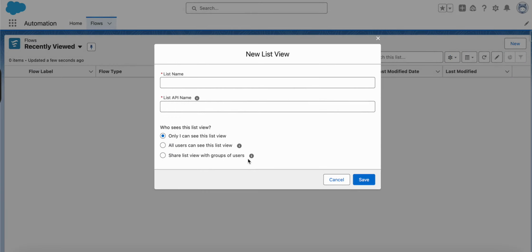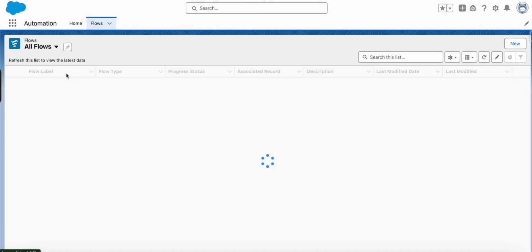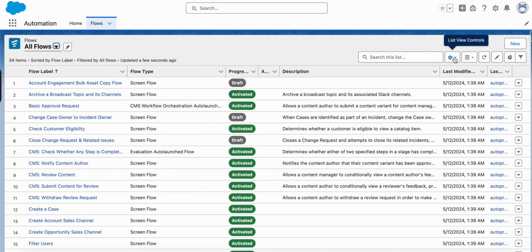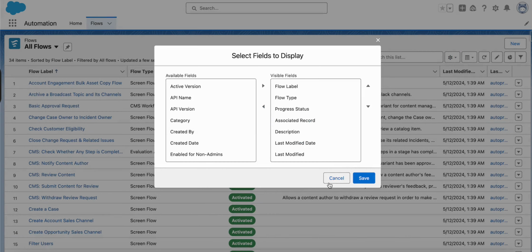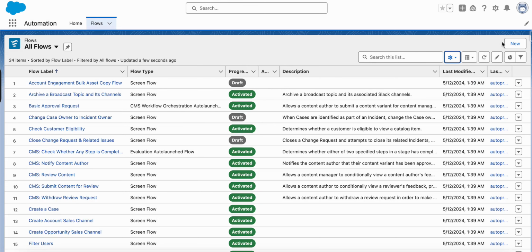and we can set the settings for whom it will be visible, and we can customize the list view as well. If I go to All Flows, I can customize the fields that I'm seeing, similar to what other objects had. I can directly create a flow from here. Before, we needed to go to Setup and then create a flow, but now I can create a flow from here. If I click on the New button, it will take me to a new tab, and it will open the Flow Builder. That's pretty cool,